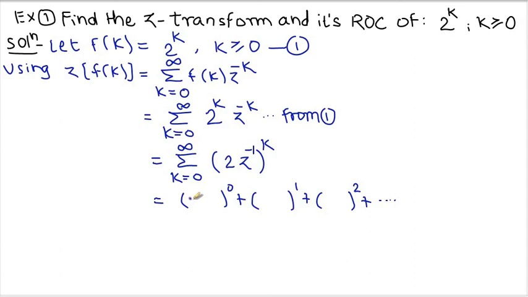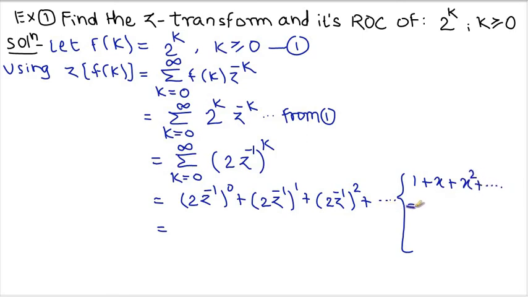And what is that common bracket? It is 2 into z raised to minus 1. Here also 2 into z raised to minus 1. You have to write all the brackets as it is. Now this is equal to, let's have a look here. Suppose this bracket is x. So what does it look like? It is x raised to 0, that means 1, plus x raised to 1, that means x, plus x raised to 2, that means x square, plus dot dot up to infinity.